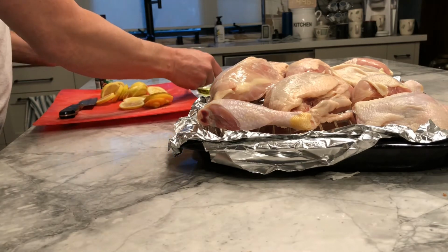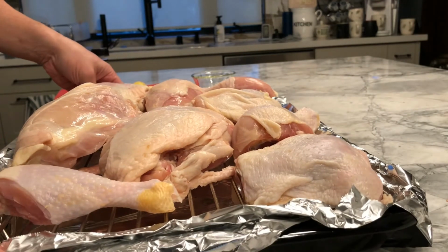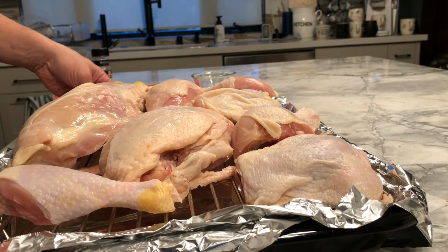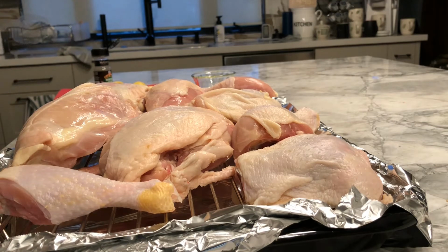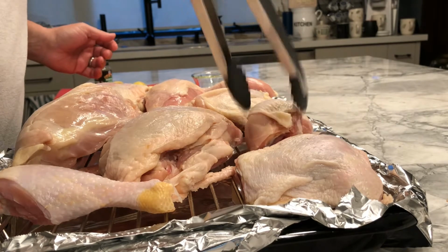And today I'm doing another variation of roasted chicken. Here we have a picnic pack because it was on sale at Ralph's for 88 cents a pound. So I have all the chicken cut up, but I don't have to worry about having a whole chicken. That's two big breasts